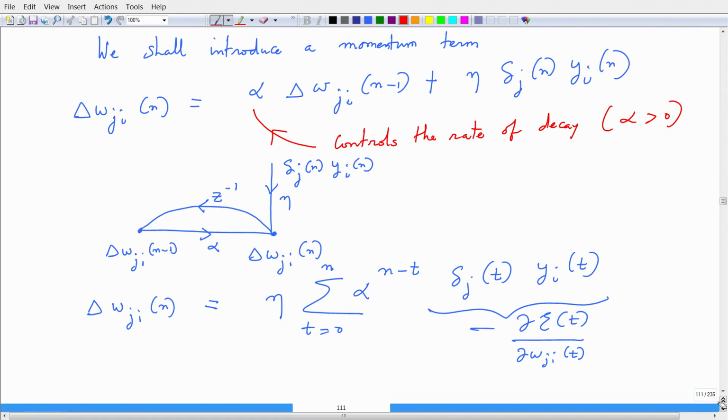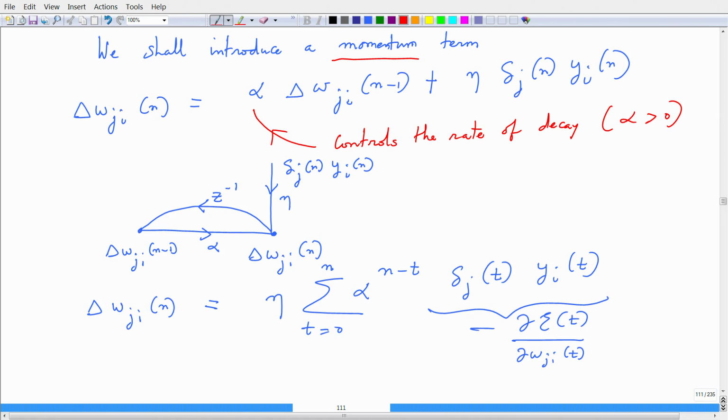Now, the learning process does not stop just by adjusting the learning rate. There is also something called the momentum term that we can introduce to give a push to the learning rate as a consequence of how the synaptic weight was, or how our adjustment was at a previous time instant. So, this is given by this equation.